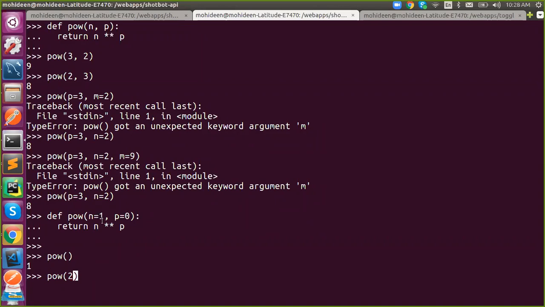So what is n? 2 to the power 0. What is the answer? 2 to the power 0 is 1. Anything power 0 is 1. 2 to the power 1 would be 2, right? But now it is 2 to the power 0. The answer is 1.